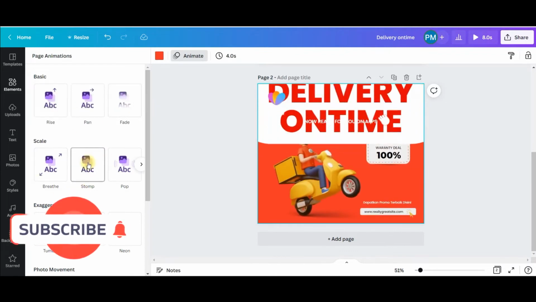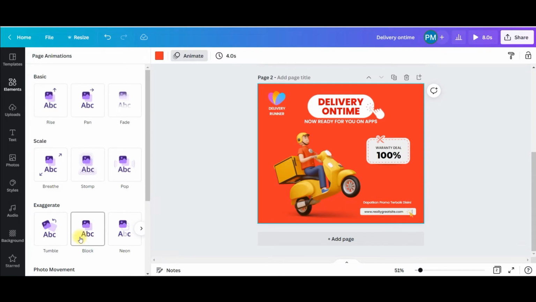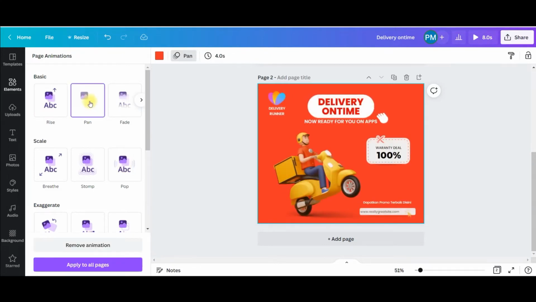Stomp is one of my favorite ways of animating stuff. Block is also good and also works really well. Pop is good. So I will just go for pan for the time being. This is what is working for this particular post, I believe.